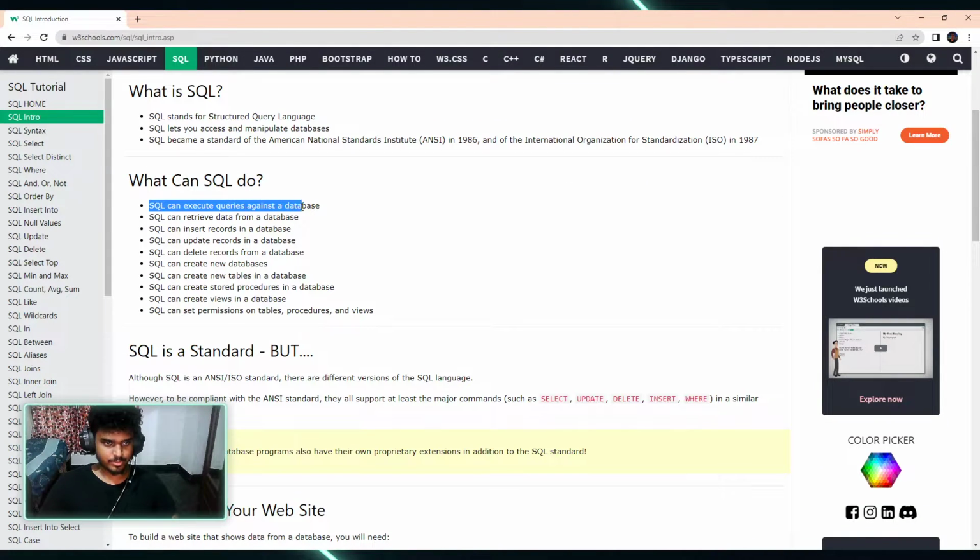SQL can execute queries, retrieve data from databases, insert records, update, delete records, create new databases, create new tables in a database, create stored procedures in a database, create views in a database. SQL can set permissions on a database, procedures, and views. Okay,